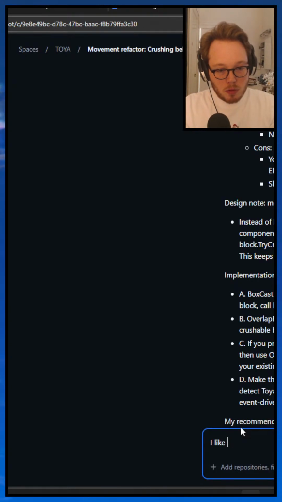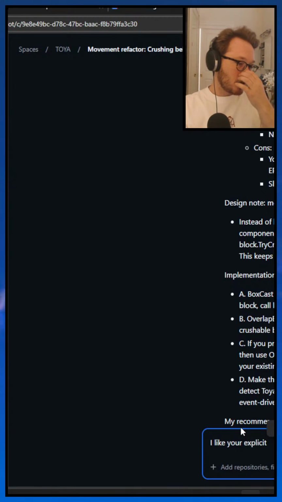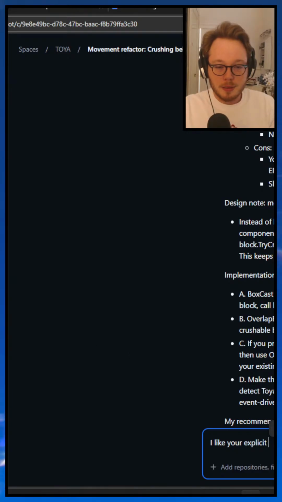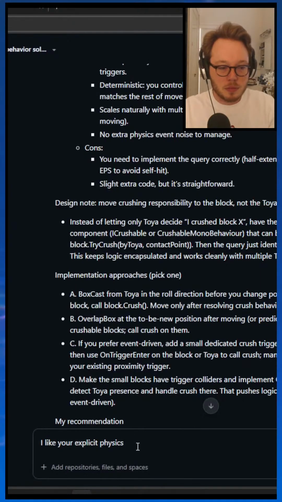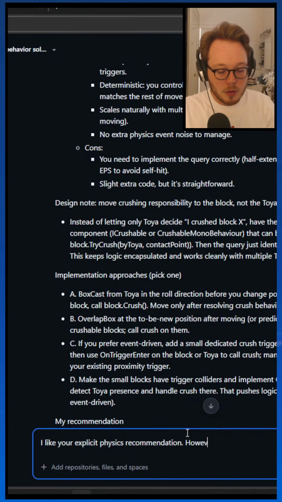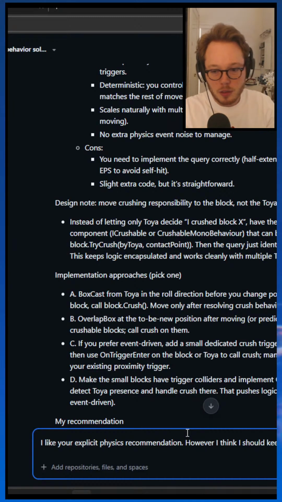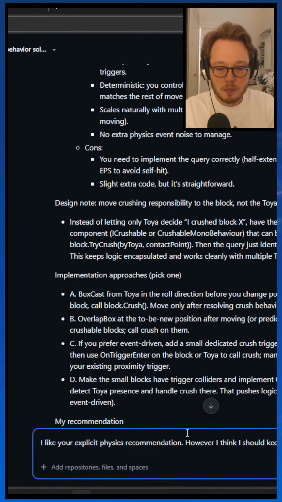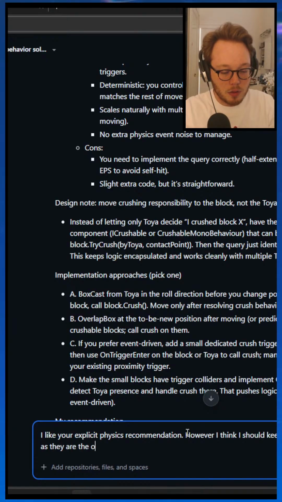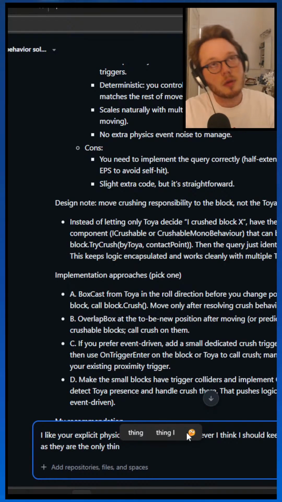I like your explicit physics recommendation. However, I think I should keep crushing logic in the TOYA, as they are the only thing.